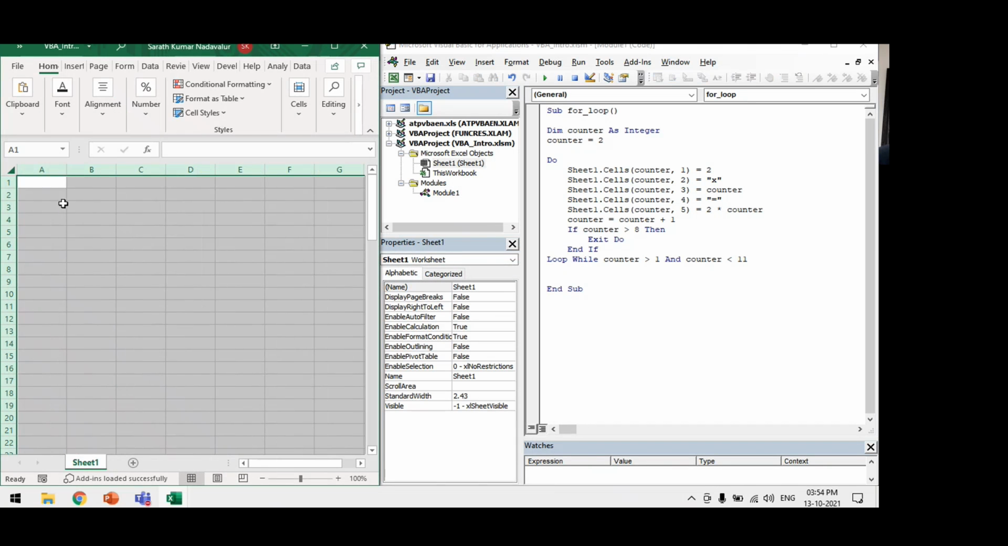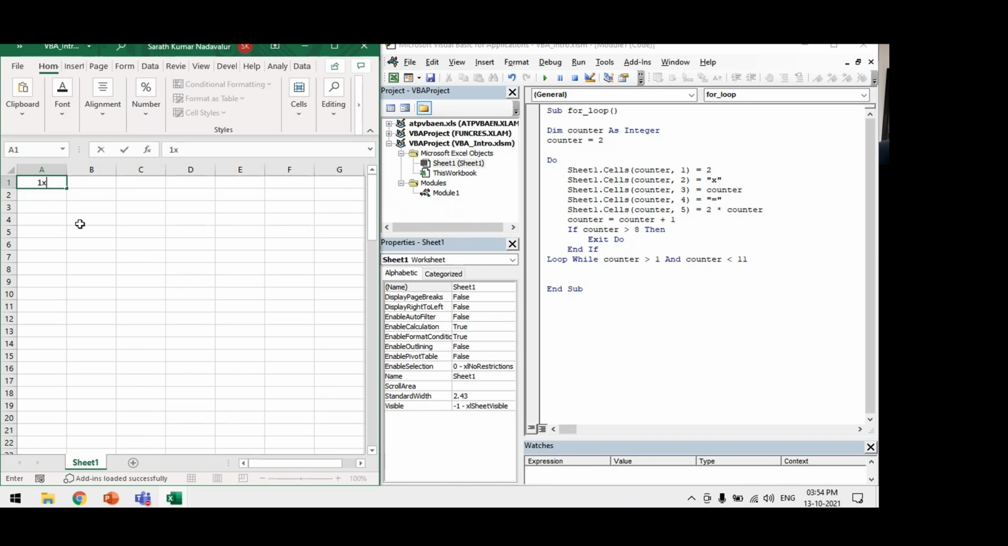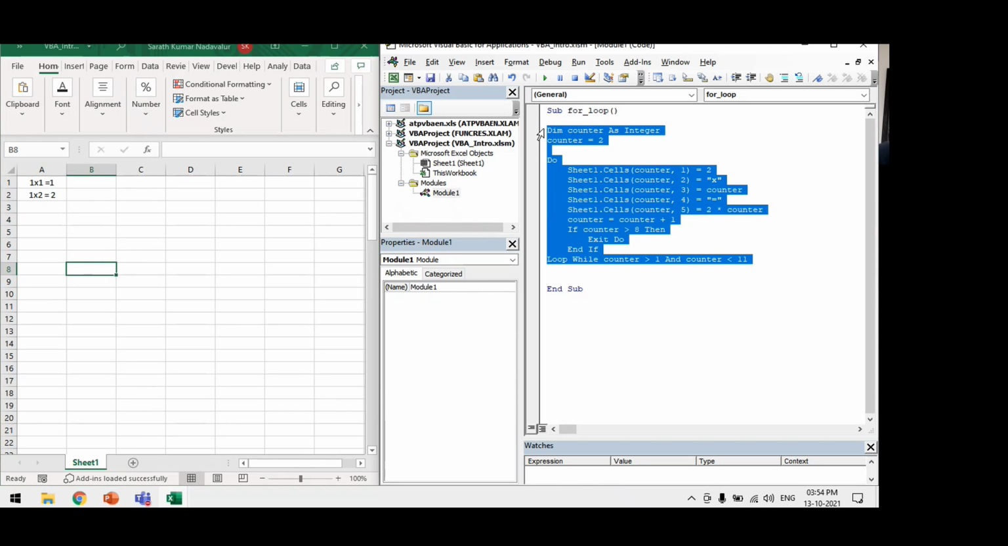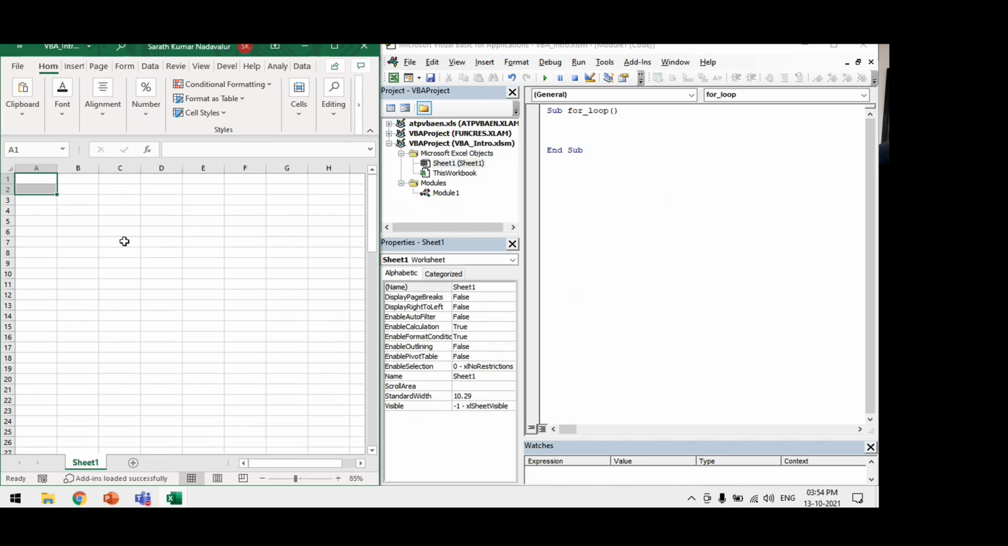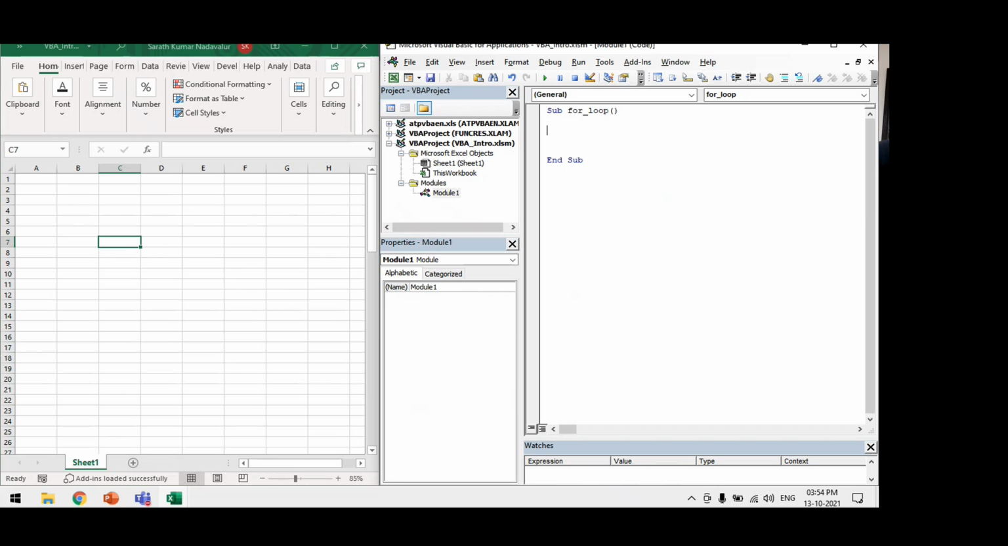Okay, you have to print, so let's say, 1 into 1 equal to 1. Like that, you have to print the first table, not in 5 columns, but just in 1 column. I'll show you how to do that. Then I will give one simple task. So we'll use the for loop equal to